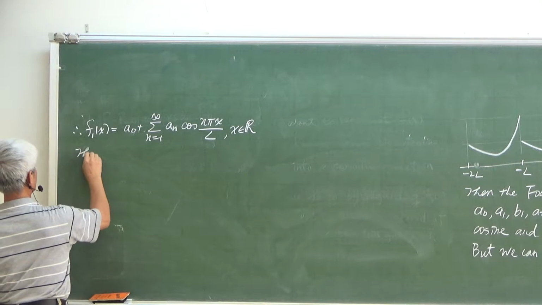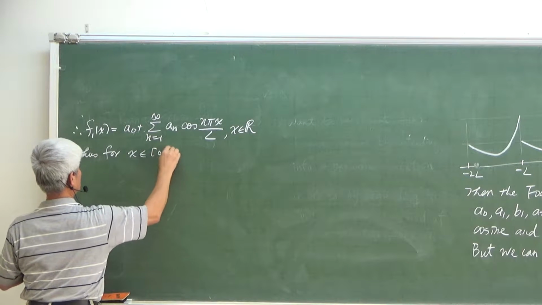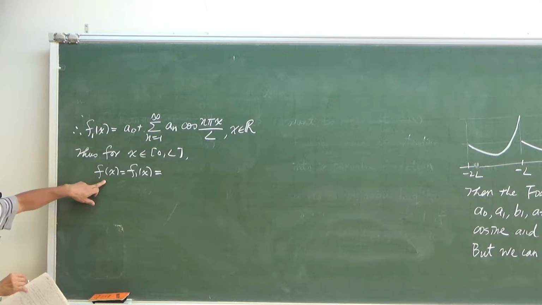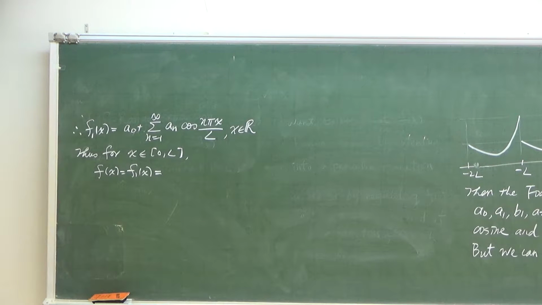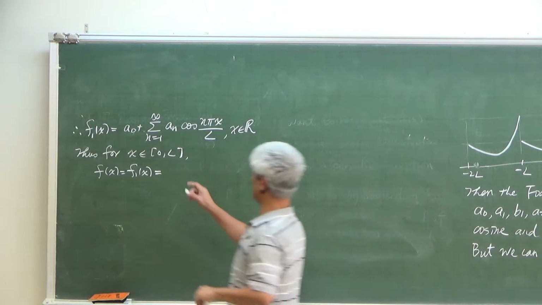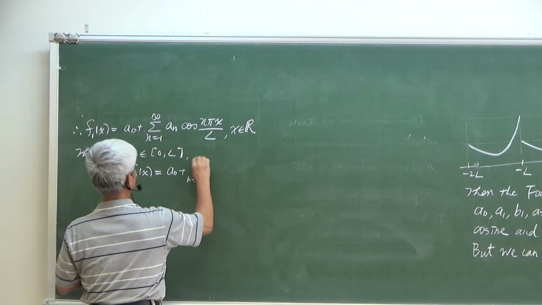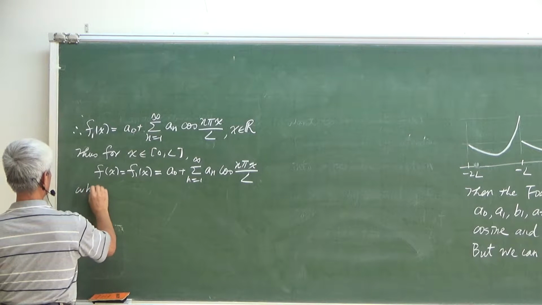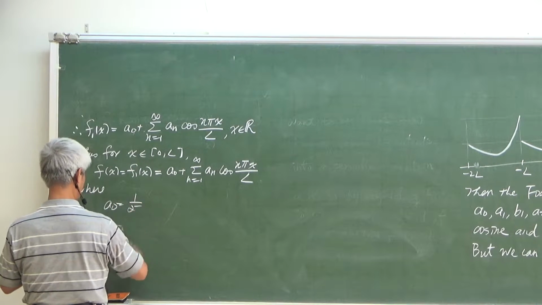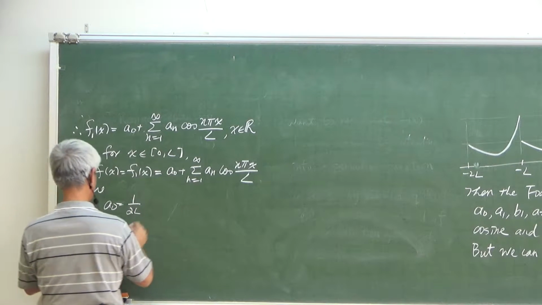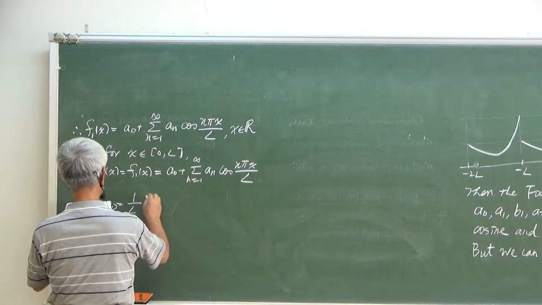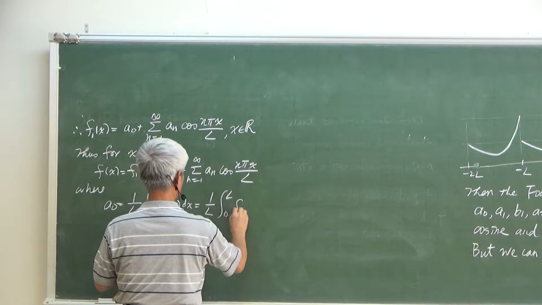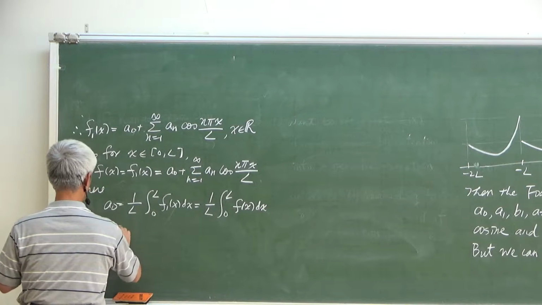Thus, for x in 0 to L, f of x is equal to f1(x), because the original function f of x is equal to f1(x) in this interval from 0 to L. So f of x is equal to a0 plus summation of an cosine n pi x divided by L, where a0 is equal to 1 over 2L of the integral, but because it's an even function, this is 1 over L. And the an is equal to